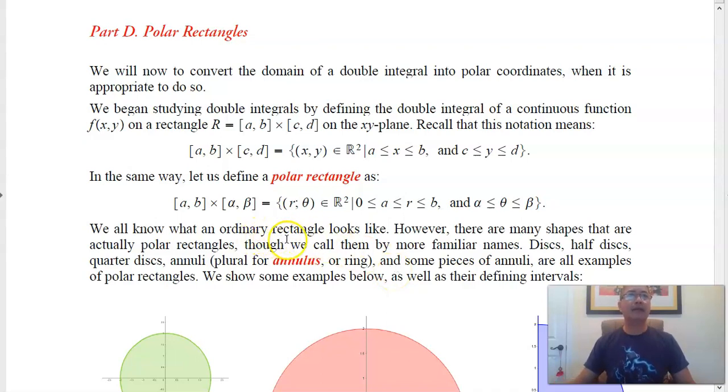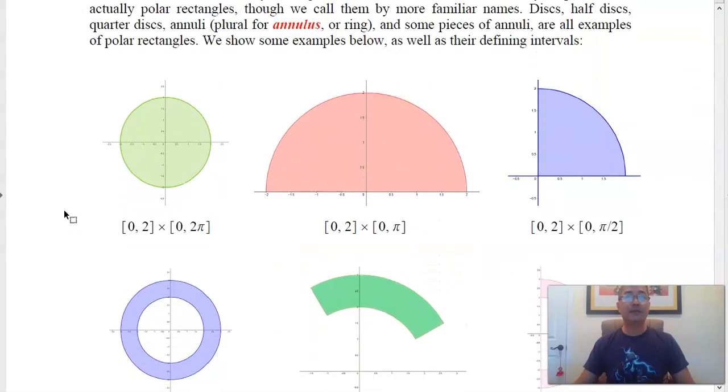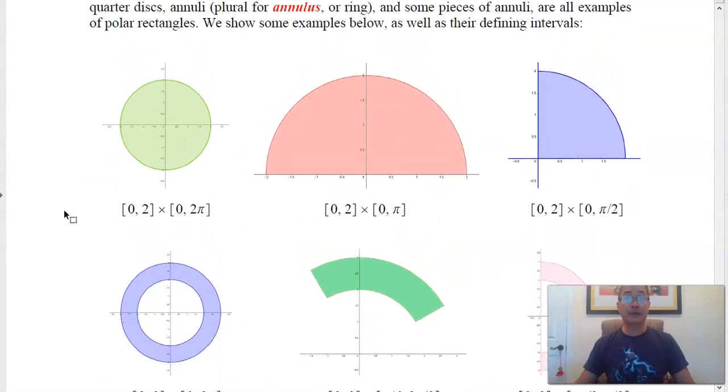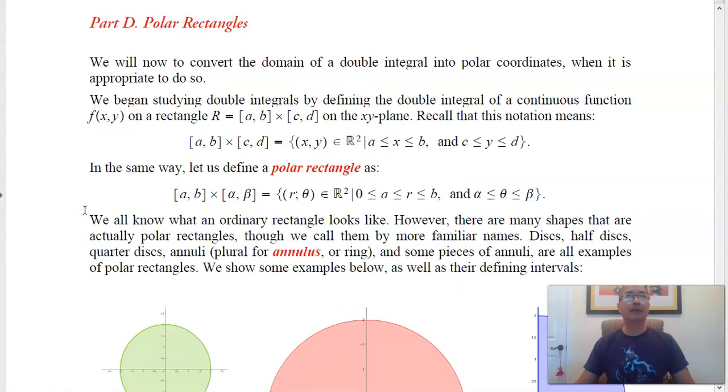We know what an ordinary rectangle looks like. But we're going to need to understand this because the domains for our double integrals will look like these figures over here. And these are all examples of what are called polar rectangles. So the notation for a polar rectangle is very similar to a regular rectangle. In fact, when you see the numbers here, you're going to say, oh, what's the big deal? What's the big difference? The big deal is this polar rectangle now means all the points